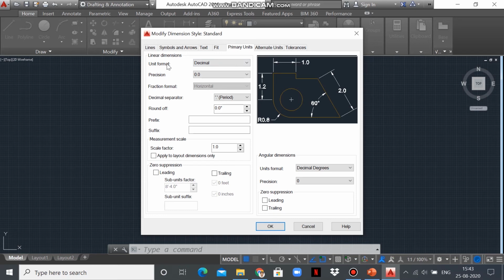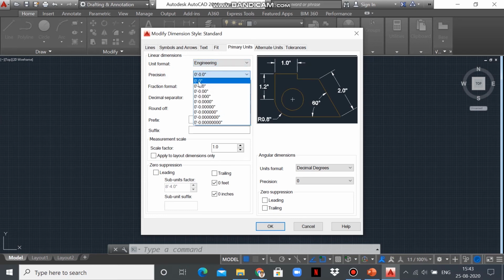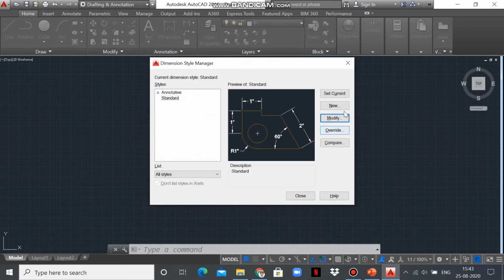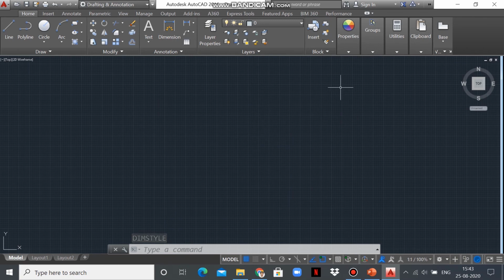So change the unit format into engineering and select precision value 0 feet dash 0 inch and click on OK. So after modification, click on set current and close it.